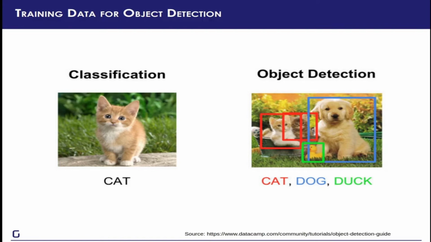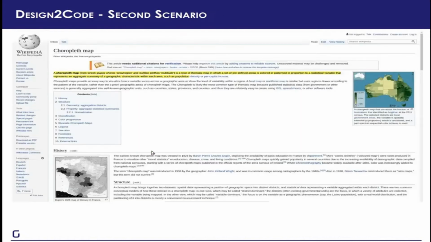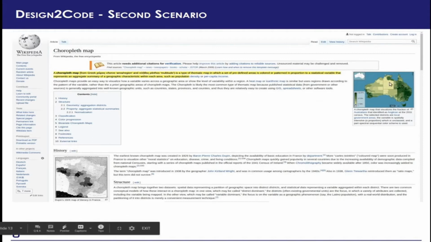So the challenge was, how do we get started with zero training data on detection, given that we already have a classification model ready and trained with us. So here's what we did. Imagine that this is a web page in which we have to detect charts. We can see that this page has 2 maps. And as you recollect, map is one of the 5 categories of charts that our original model is trained on identifying. But obviously it cannot classify this page. If we crop out any of those 2 maps, this is a map of France and this is a map of Australia.